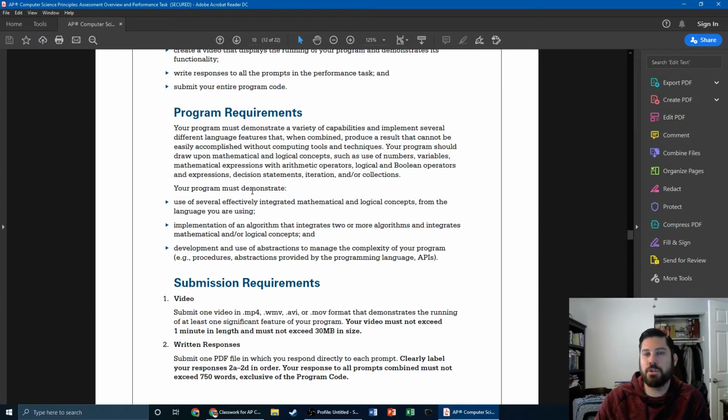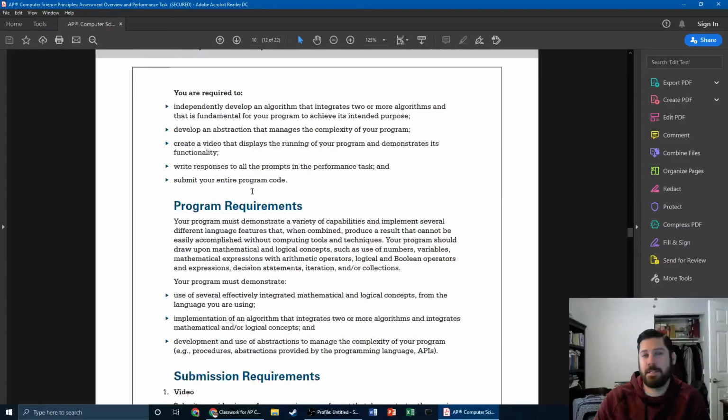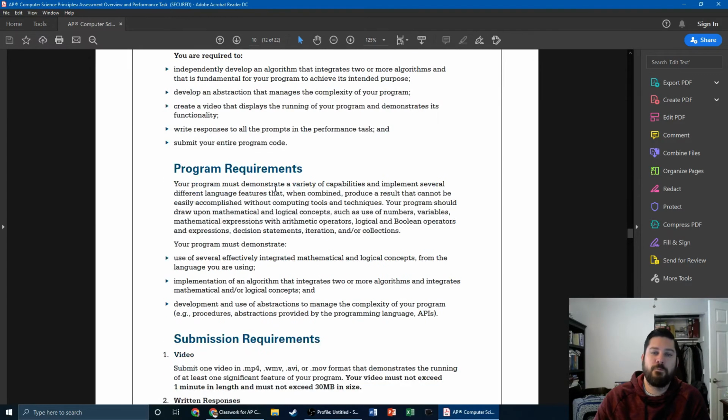Basically, you can create any program that you want. It doesn't need to be very complex. In fact, some of the stuff that we've been doing in PL2W is probably more complex than you even need to make in this. But for the program, you have to be able to demonstrate